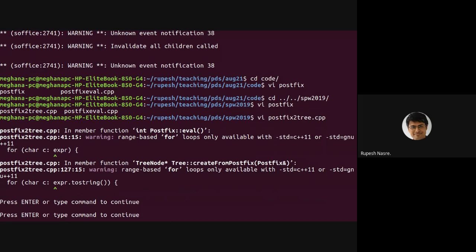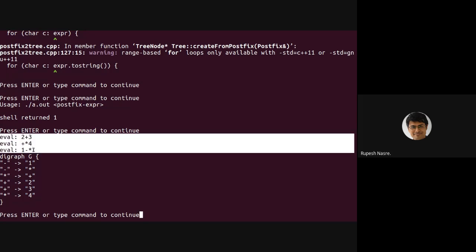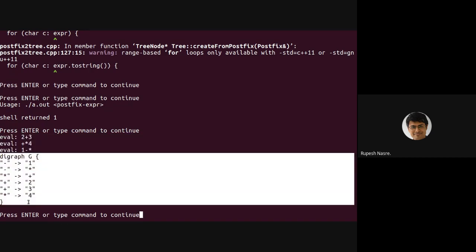There is a warning which can be taken care of with -std=c++11 or something more than that. And then I need to give postfix expression as an argument, right? So let's say that I give 1, 2, 3 plus 4 star minus, right? So that is, let's say, the expression that I want to give. It gives whatever are the subtrees that it is creating, and then it creates a diagram, right? So this is the GraphViz format, which you can use to print it